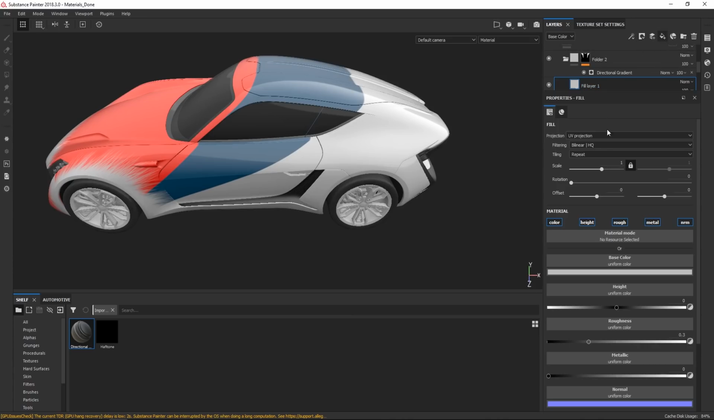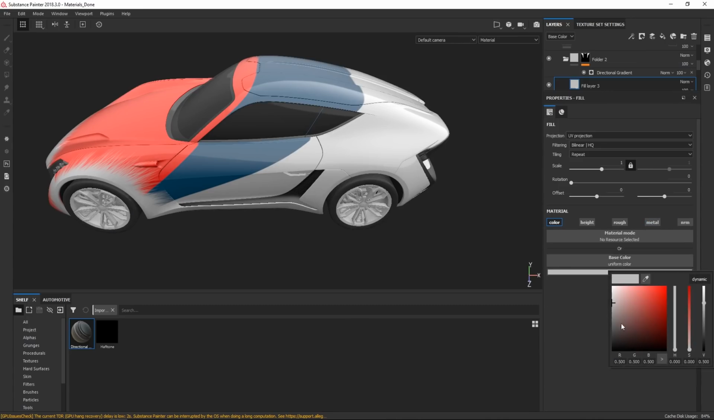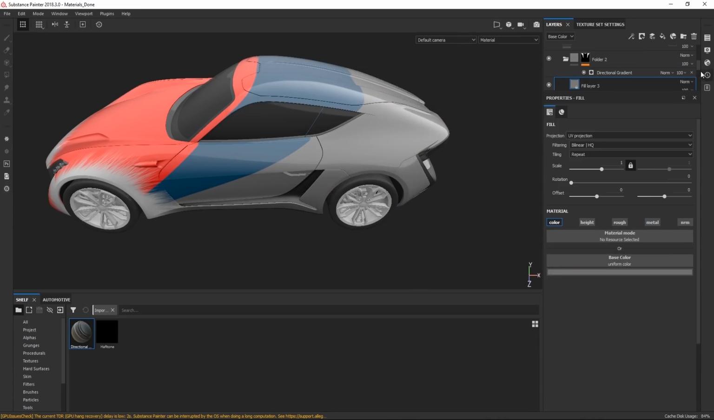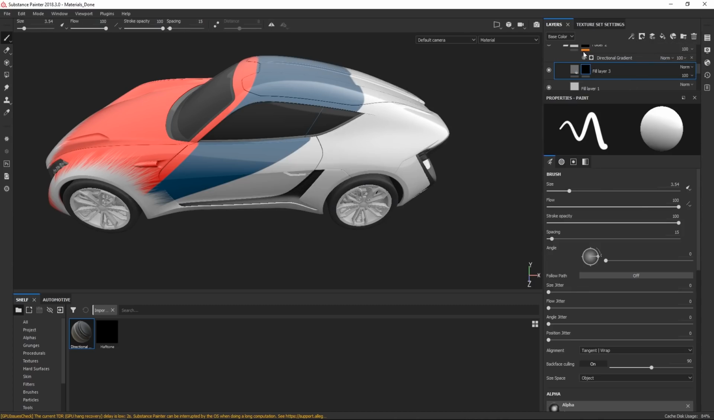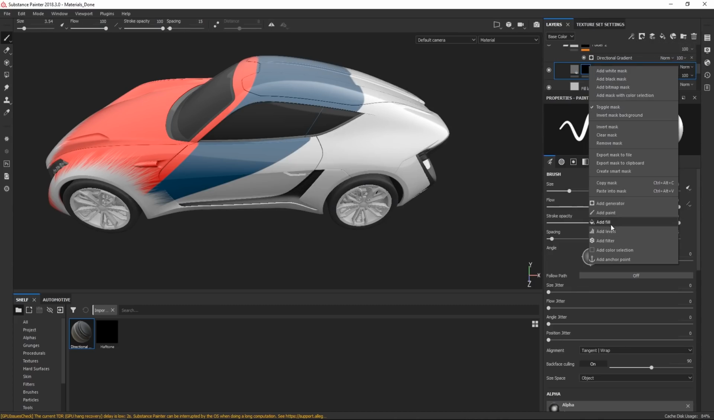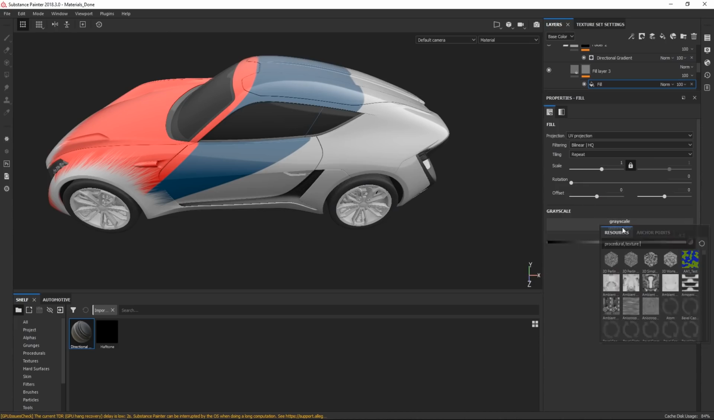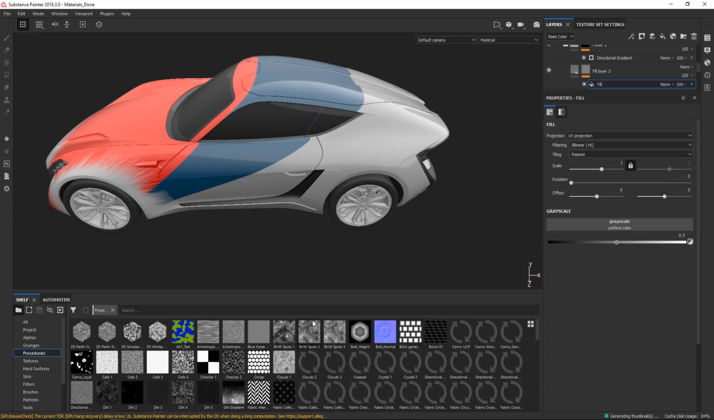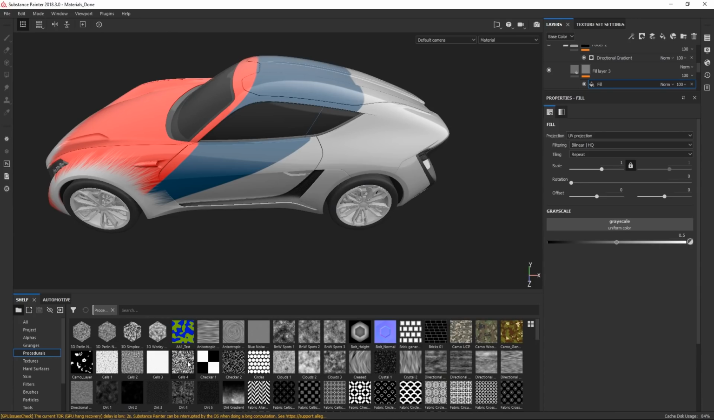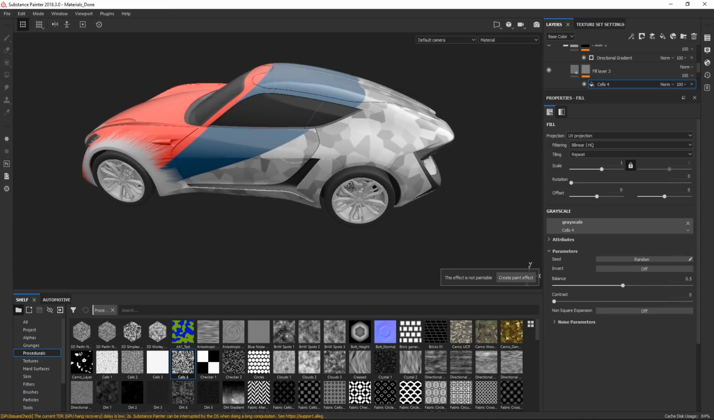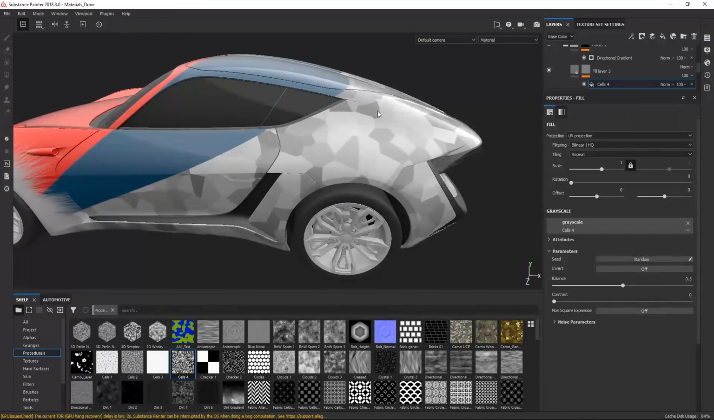So for example, if I had a new fill layer and set it to color alone, and then make that a bit darker, like so. I can add another black mask, and this time we'll add a fill to the mask. So a fill is like a pattern fill layer. And I'm going to try and find a cool procedural for that. So I'm going to go to procedurals, and I know cells 4 here is pretty interesting. Drop that in. I get this kind of cellular type of effect going on,